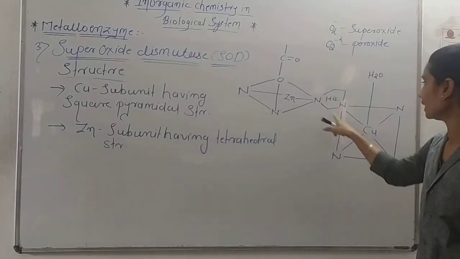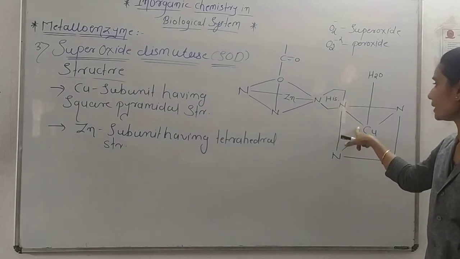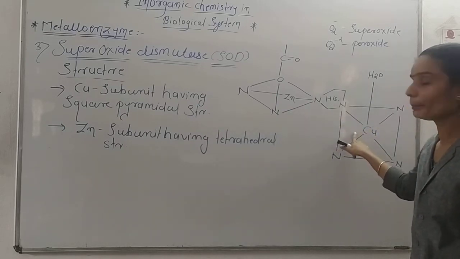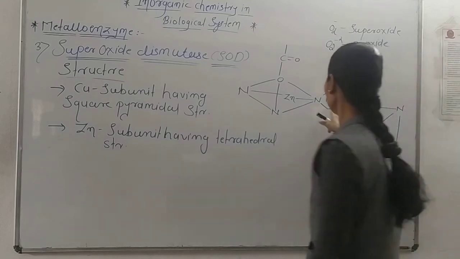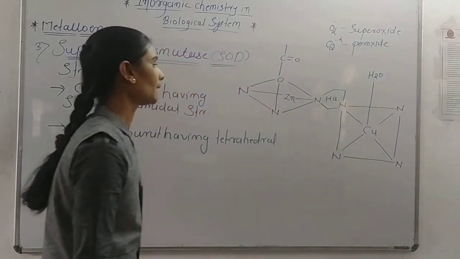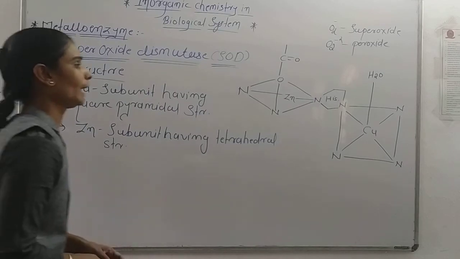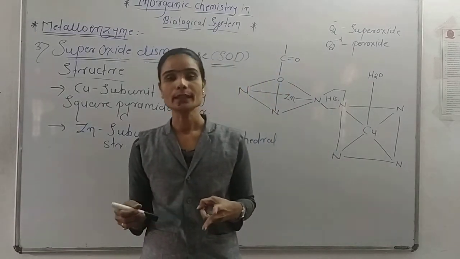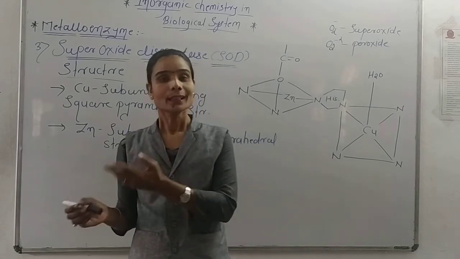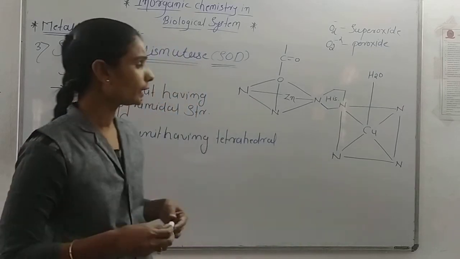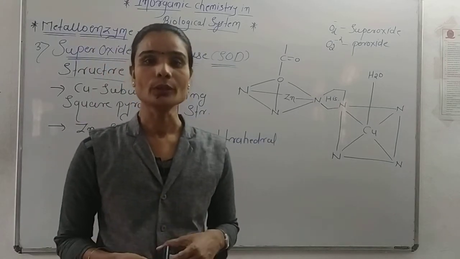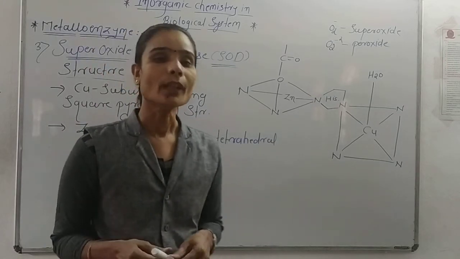Both metal atoms, zinc and copper, which are transition metals, zinc having tetrahedral structure and copper having square pyramidal structure, are separated by the nitrogen of histidine amino acid. Now, what is the role of these two metal atoms? Because zinc is also a metal and copper is also a metal. This zinc gives the supportive structural role